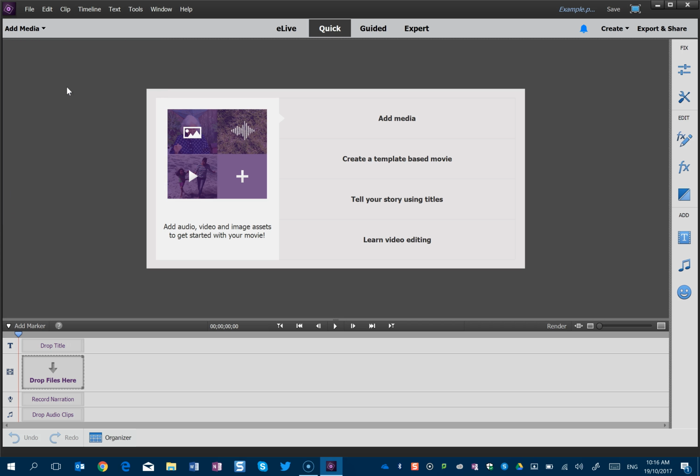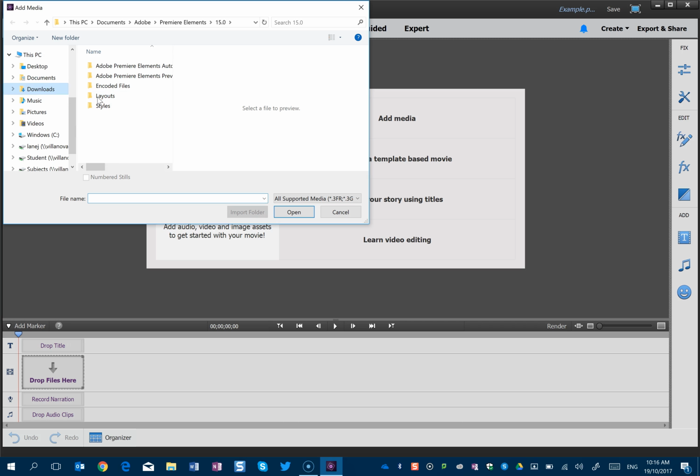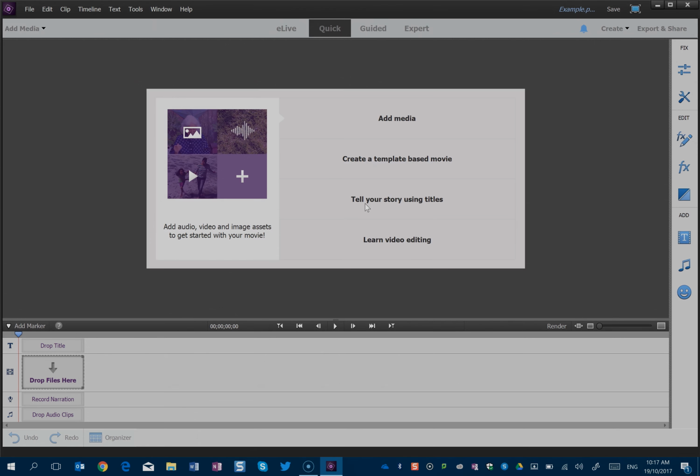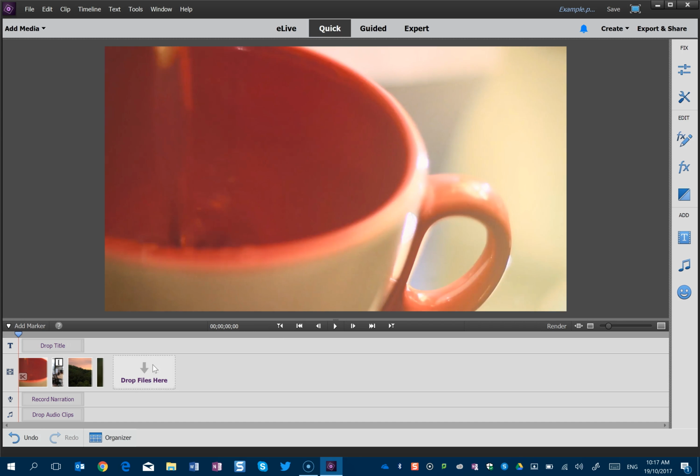I'm going to go Files and Folders, and in my downloads I've got some simple video files that we can play with. I've selected each of those using the Control key, and I'm going to open. So this is adding the media, and you can see it's been instantly added to our timeline. And if I was to start playing it,